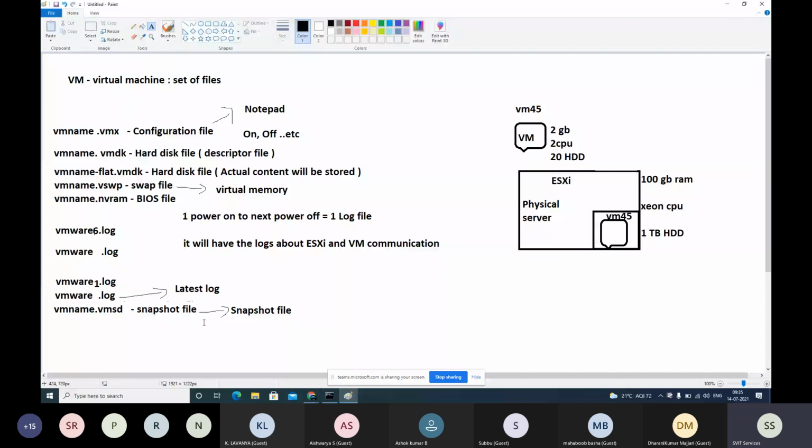So if you want to understand for some reason why it was rebooted, you always check the latest file. If you want to understand history, check previous to previous. So maximum previous to previous. 2 to 3 log files is more than enough. Okay, practically it's not needed to check the very first log also.